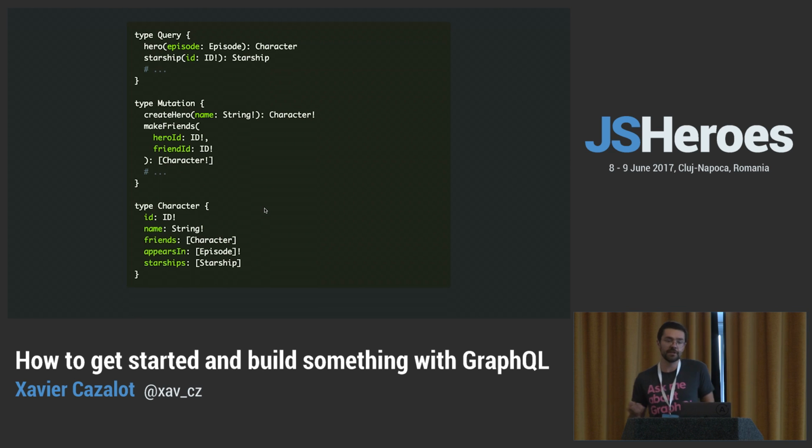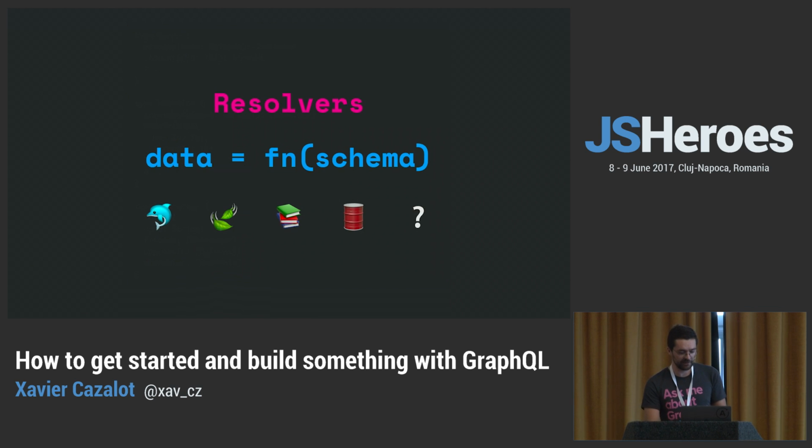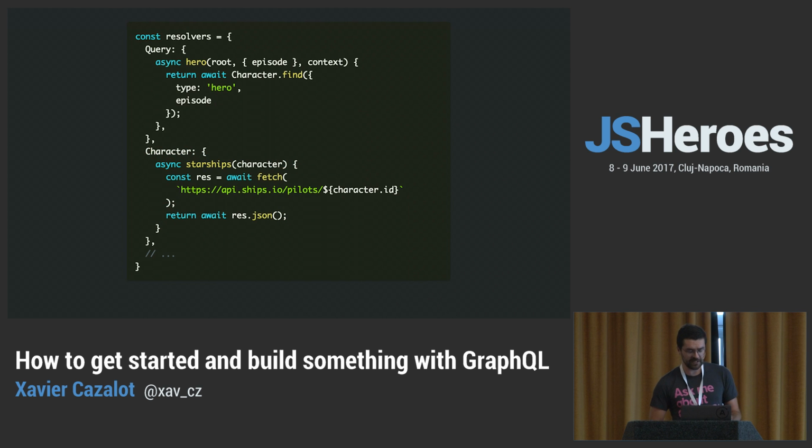And so far so good. Okay, you have a schema, that looks nice, but how do I get data, right? And this is where resolvers come in. Resolvers mean, how do I get data from my schema? And resolvers are just basic functions that can link to any kind of data source. A MySQL database, a Mongo database, some endpoint somewhere, some server somewhere, whatever kind of backend you want, just name it. And this simple function is really how I map from where I am in the schema compared to my query, and how I resolve a data source.